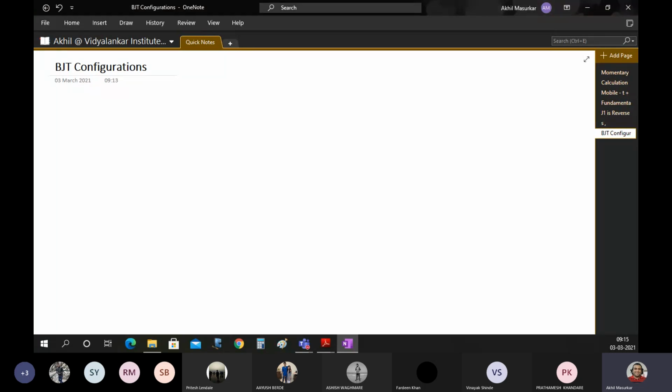So now if you want to give some input or if you want to take some output, we don't have four dedicated terminals. We have only three. And that is why one terminal of the BJT must be made common to both input as well as output side. So now which terminal to make common, that is the question. So that is the reason why now we have to take the help of